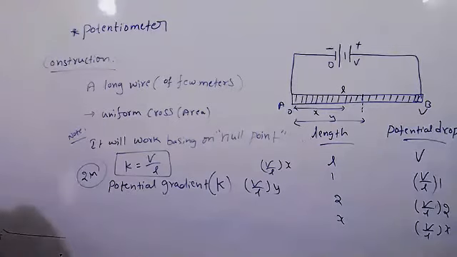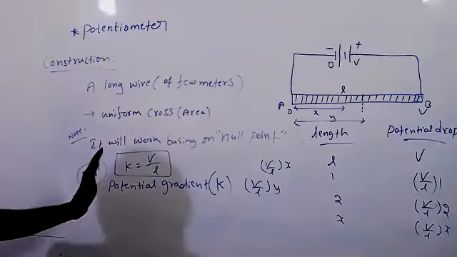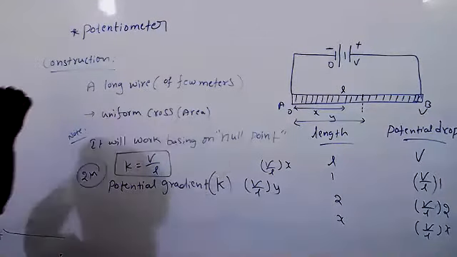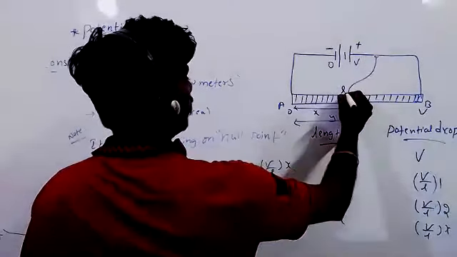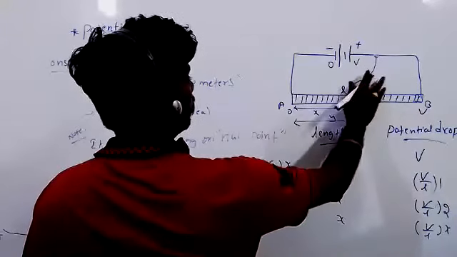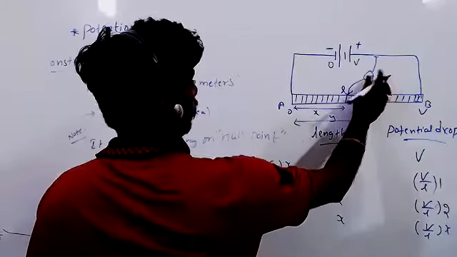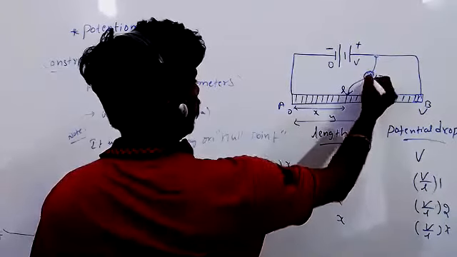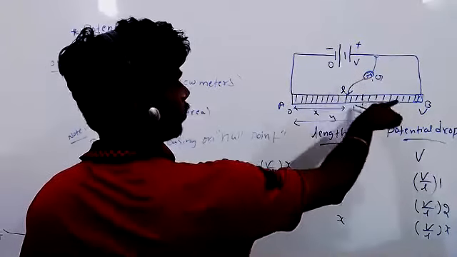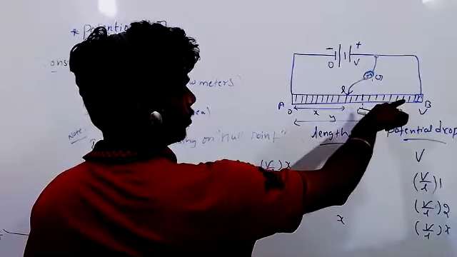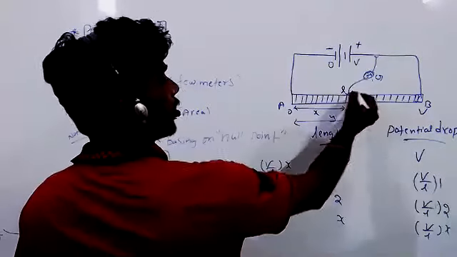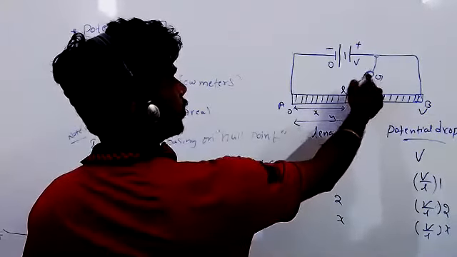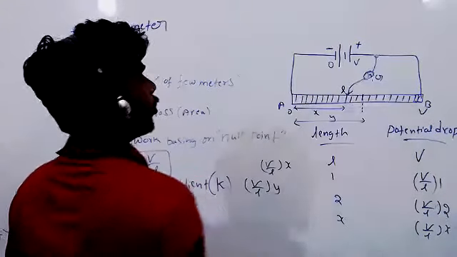Okay. Yes, sir. Now see, in the textbook, how they give that circuit. Let's see. And one jockey will be there. That jockey, if you connect here, and there is a galvanometer G. If you touch this side, the galvanometer rotates, this arrow will show that side. If you touch the jockey this side, then the deflection will be on this side. But at one point, the deflection will be 0. There is no deflection. That point is called the null point.